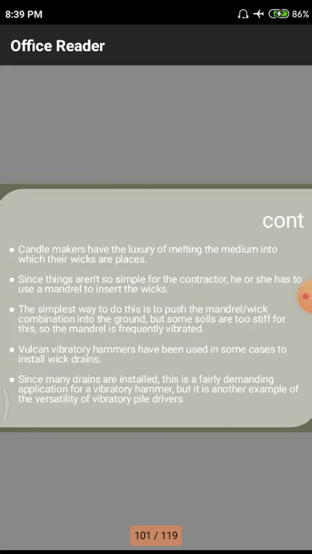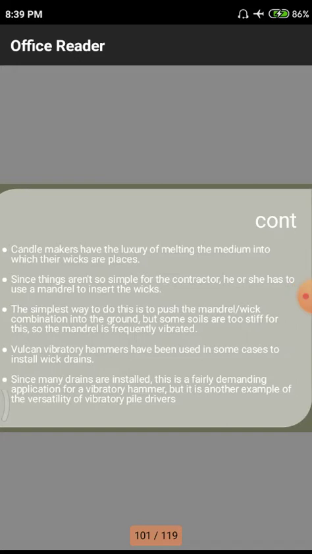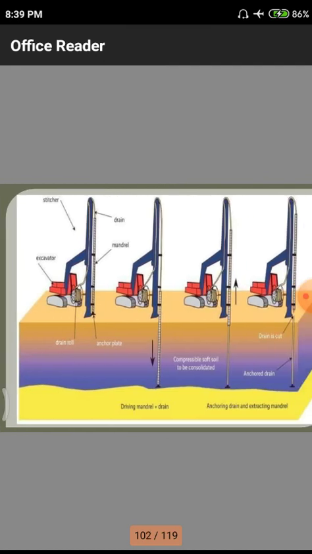After this slide, we have a pictorial representation of how the total process goes on. This is the pictorial representation. A crane with a drill of huge height is used. These drills are normally used for particular soils. For different kinds of soils, we need to use different kinds of drills depending upon the plasticity index.